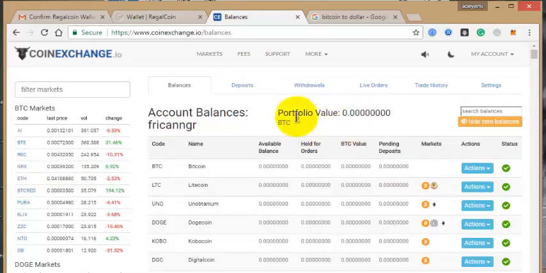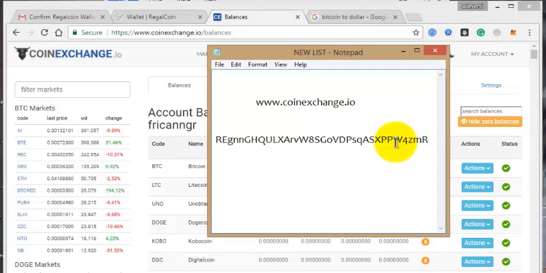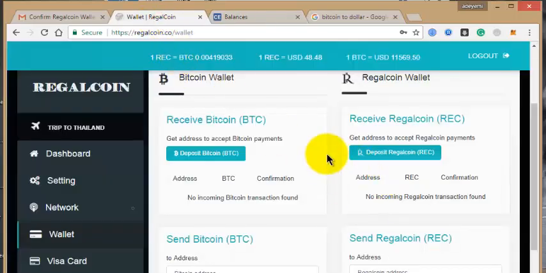You already have your Bitcoin ready here, though you are not using it yet. Immediately you have your Bitcoin, you can just copy this one and save it somewhere.